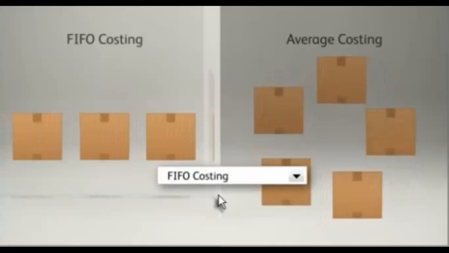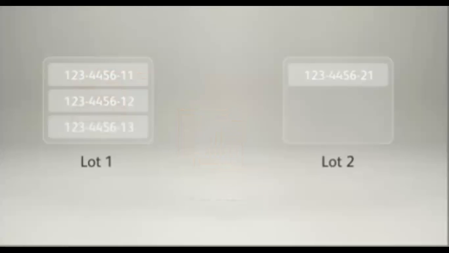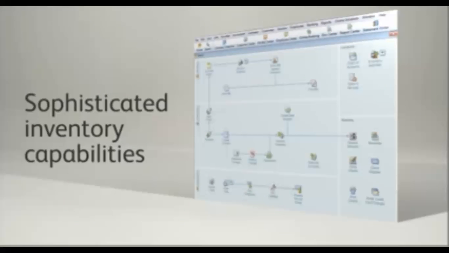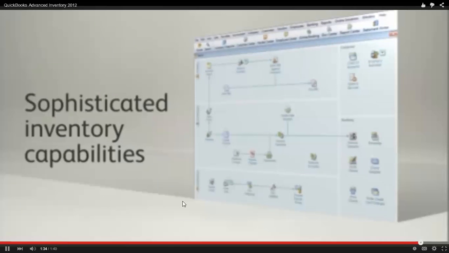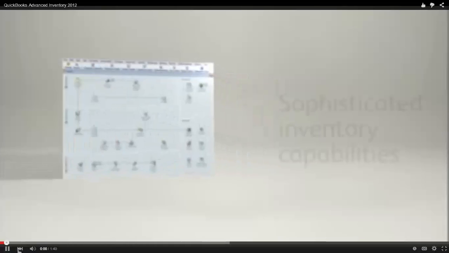And now you can also more efficiently track serial numbers or lots through purchases, transfers, assemblies, or sales, plus easily get information for warranties or recalls. Sophisticated inventory controls like these are just some of the ways Enterprise Solutions can meet your complex business needs, all from right inside your QuickBooks software. Turn your QuickBooks into the master